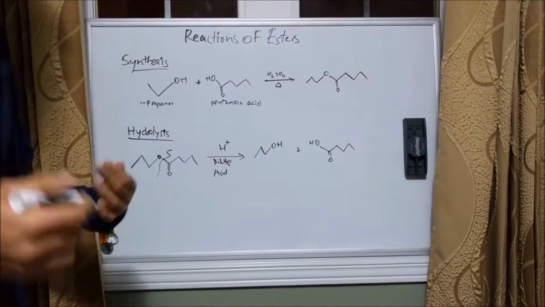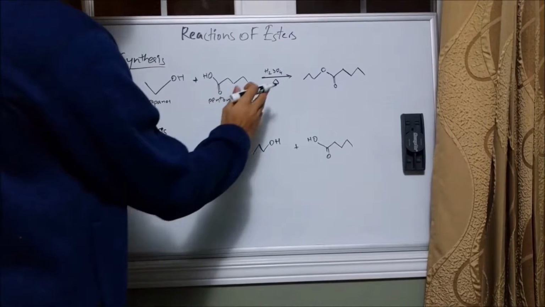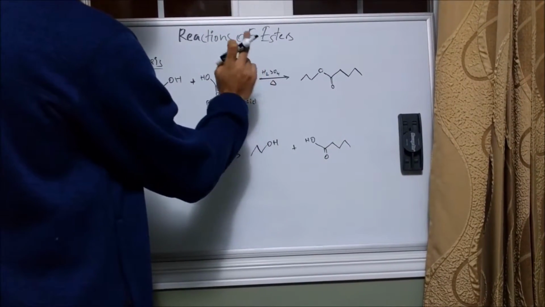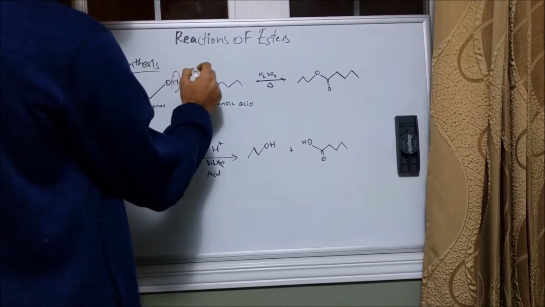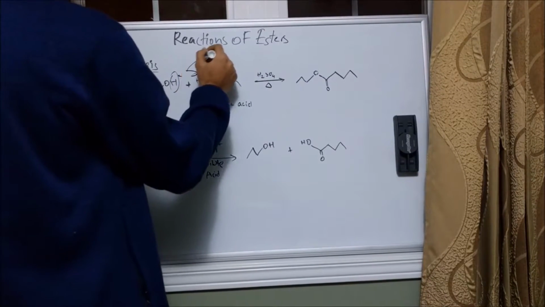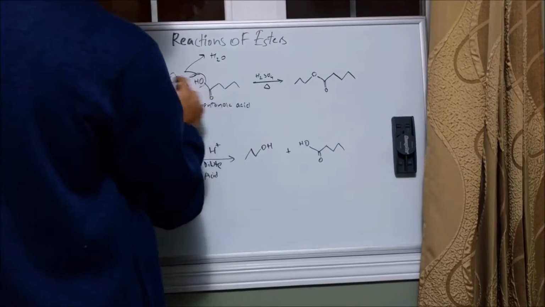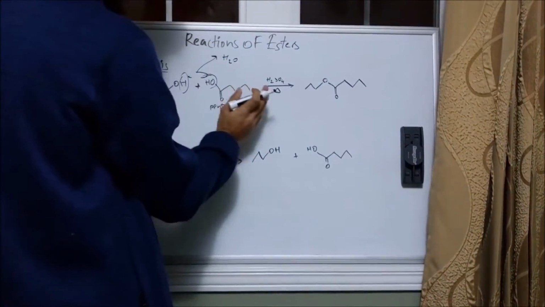Now let me explain to you exactly what happens over here. In this reaction, when I react an alcohol plus a carboxylic acid in the presence of sulfuric acid and heat, a hydrogen is taken and this entire OH group is taken, they both combine and come off together as water, and this oxygen gets bonded to this carbon over here, condensing the two molecules